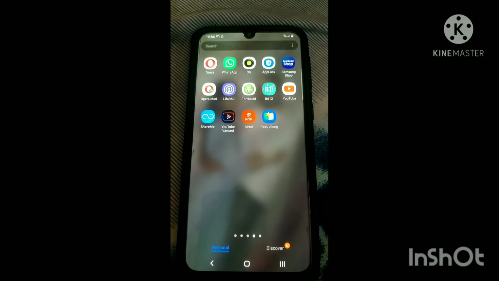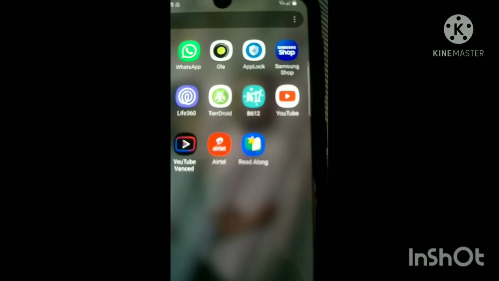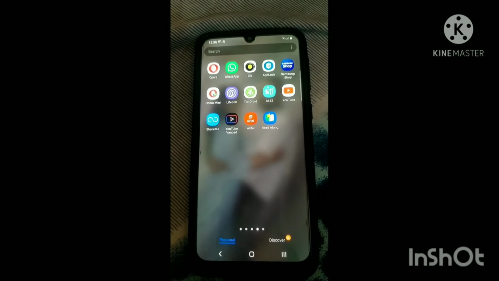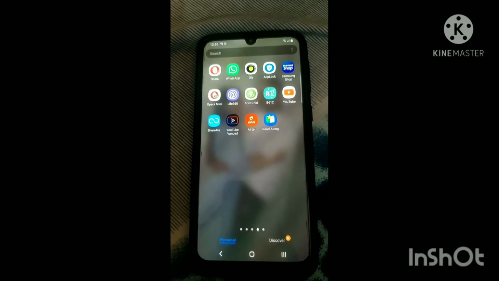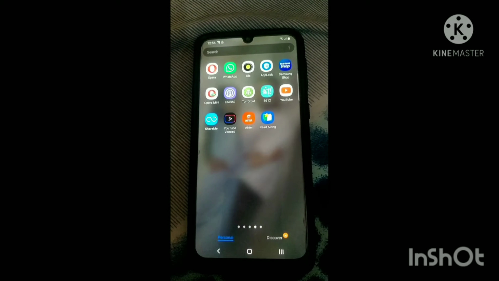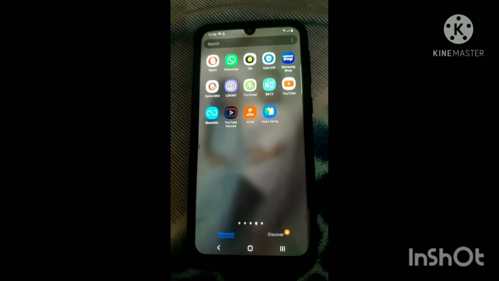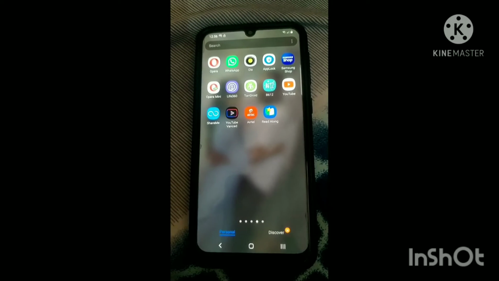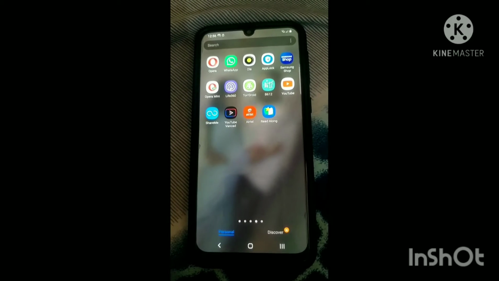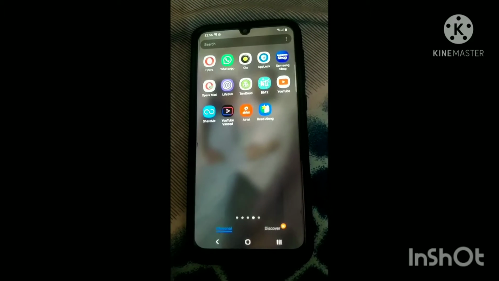So I'm talking about the Read Along app, as you can see, which is here. This is the app which I'm talking about, Read Along. This is provided by Google. You can create your account inside this, and every day it will ask your kid to read new stories, and whenever your kid goes wrong while reading, it will make a note of those words, and it will prepare a game for those words and make your kid practice those words which he or she is not clear about.